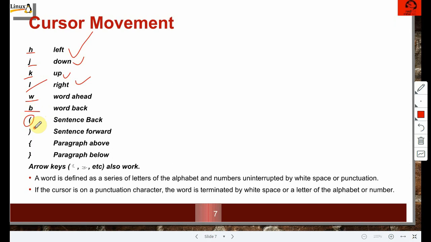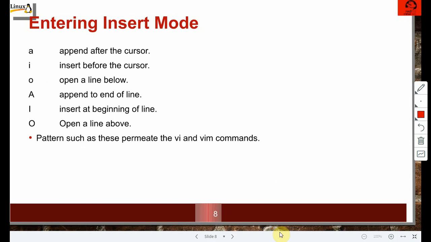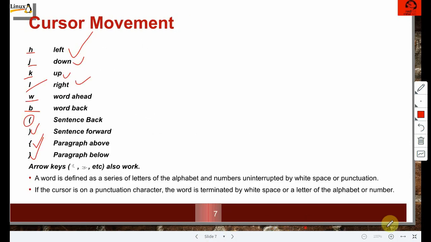To move sentence by sentence ahead, you can use parenthesis close. Paragraph above, paragraph below. Let's take a look at this paragraph, sentence and word.